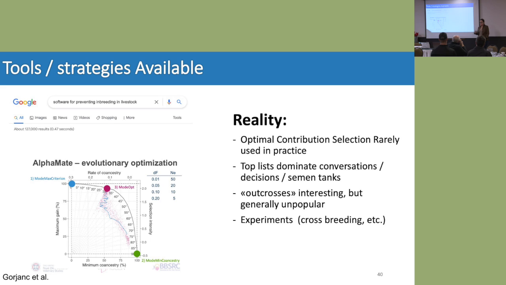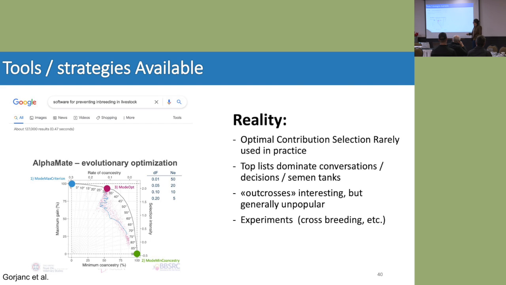And there are tools and strategies for doing that. These tools and strategies are available. If you Google software for preventing inbreeding in livestock, this is what researchers do, by the way. That's how we do our research. I'm just kidding. We actually do real research, but I did this last night after I had that fantastic experience of doing an auction with you guys. I was poor, but I was still Googling. There are about 127,000 results there. So it's not that people haven't thought about this before. This is not a new question, right?